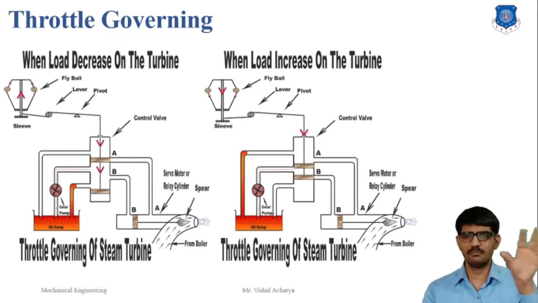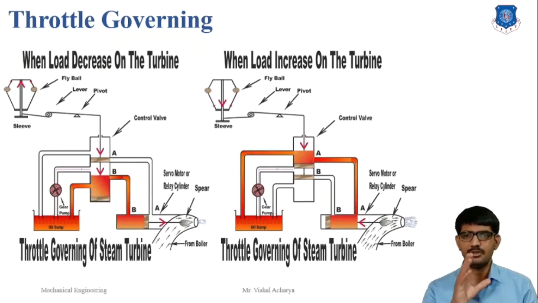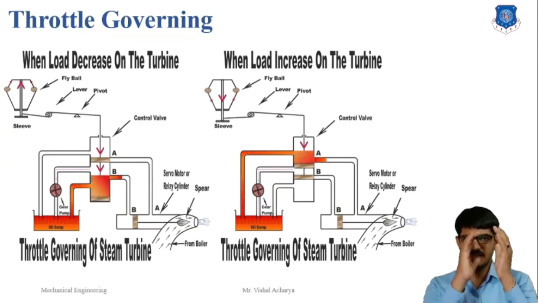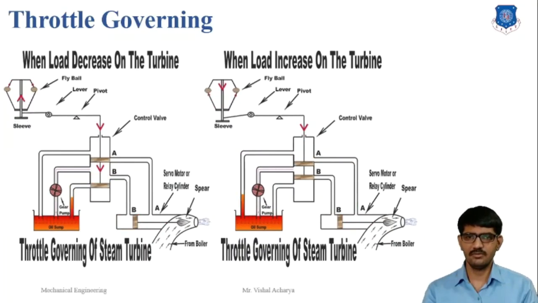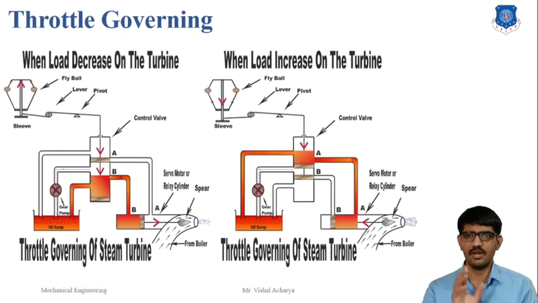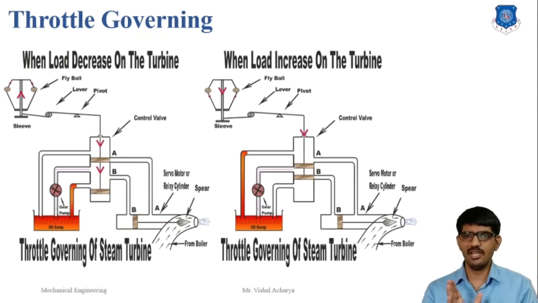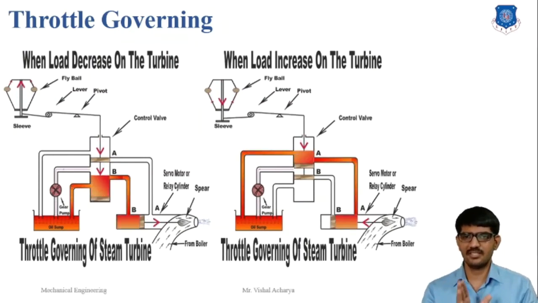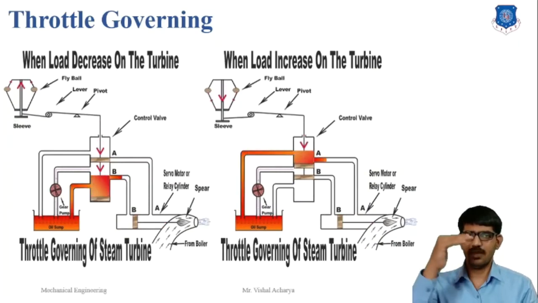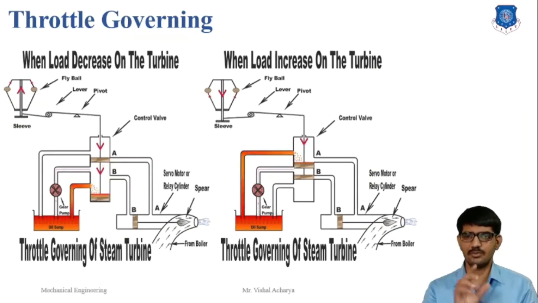When the turbine load increases, it will decrease the speed, and so decrease the centrifugal force. Now the fly balls of the governor will come down, thus decreasing their amplitude. The fly balls also bring down the sleeve. The sleeve is connected to the control valve rod through the lever pivot or fulcrum. This downward sleeve movement will raise the control valve rod. Now oil coming from the oil sump, pumped by the gear pump, just stays at the mouths of both pipes A and B, which are closed by the two wings of the control valve shown in the figure.